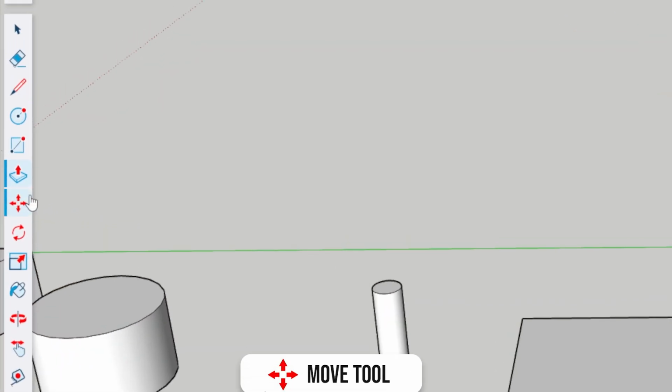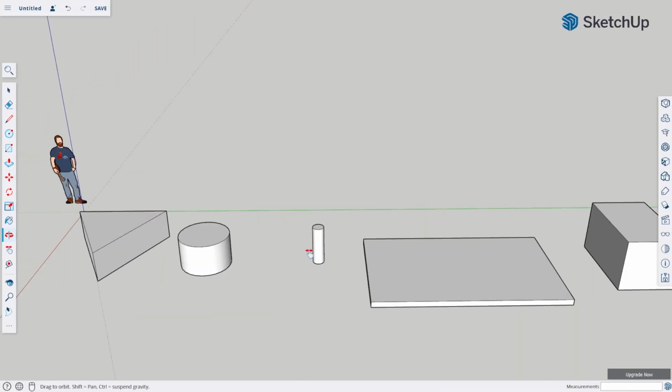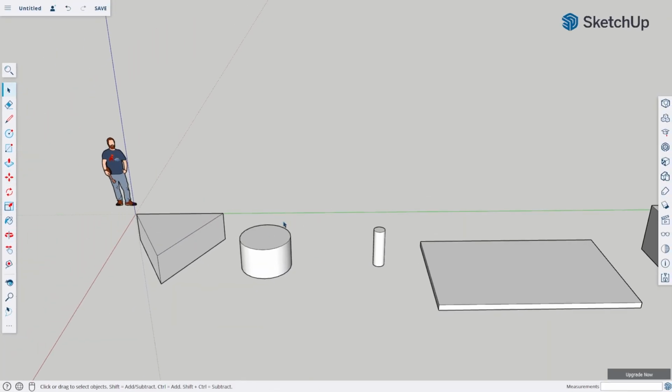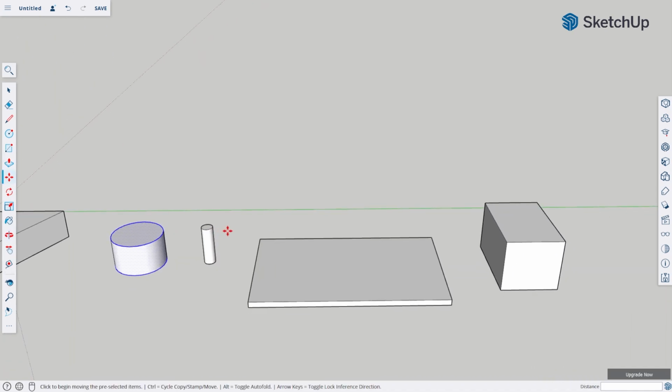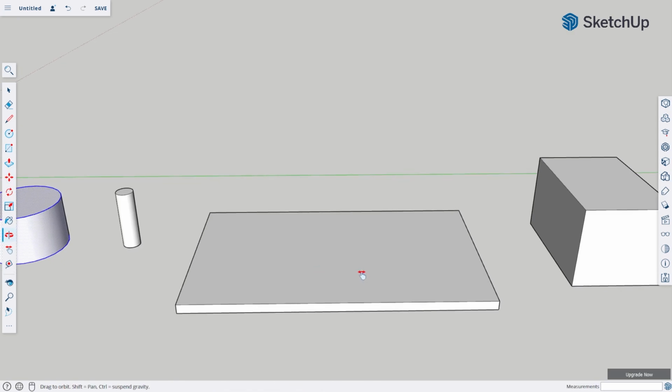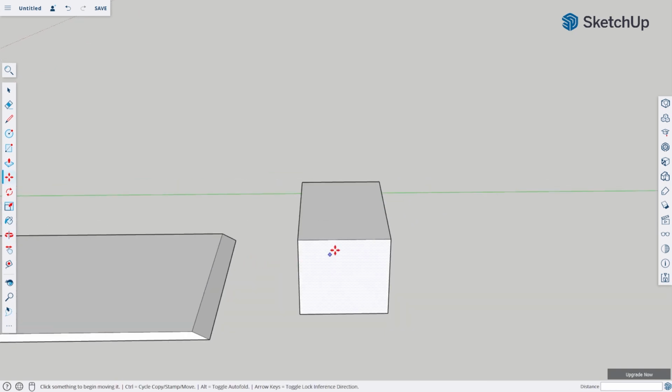Next tool is the move tool, where you can relocate or move objects in your scene. You can move a whole object by selecting the whole object using the select tool and clicking on the object, then dragging the mouse to move it anywhere on the space. Aside from moving an object, you can also move just the face of an object or even just the line or the edge. Like for example, I'll just hover on this part and then click once and drag my mouse to move this part on Y direction. This can help modify the appearance of an existing object to create different shapes.